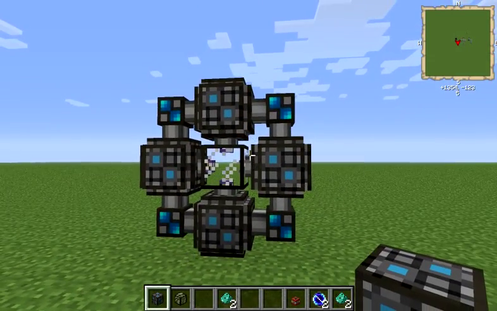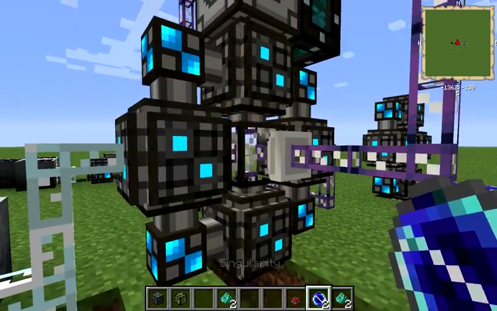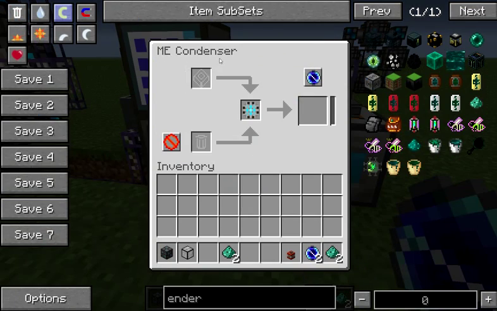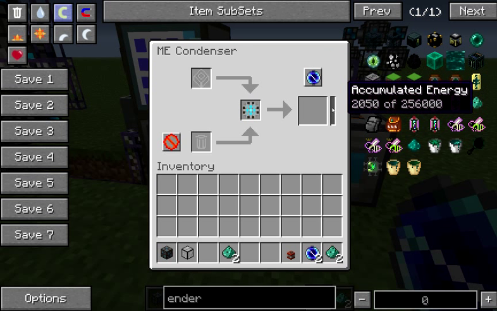So I don't normally do crafting recipes, but it is not entirely straightforward how one makes a quantum entangled singularity. So let's have a look here. You need an ME condenser on your network, and inside it you have to have a storage cluster, and this is the big one that you'd use to make your 64K storage units. Once you have that in there, you click up here on the output and you change it into singularities, and then you put 256,000 of any item or items in here, and once you have it completely full, you will